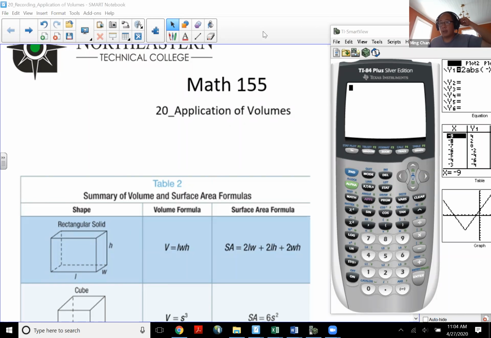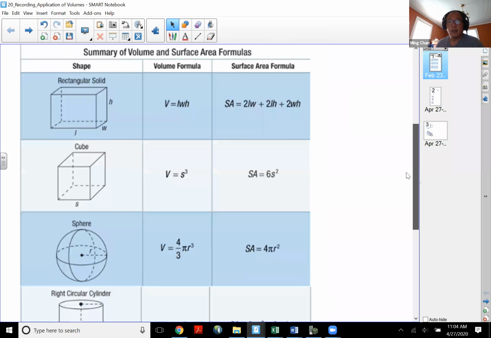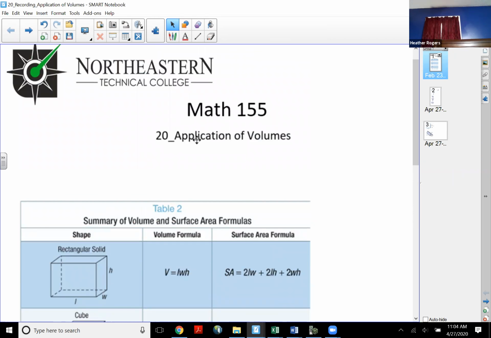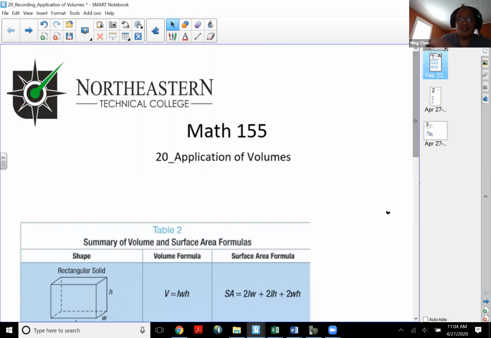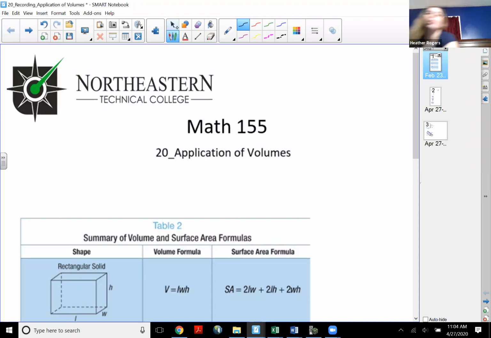All right, let's take a look at topic number 20, application of volumes. So you've probably seen this back in Math 106. So here we're just going to look at them again and look at a couple of different examples as well. Now we will talk more about this particular application of volumes in Math 168. Okay, so here we're just going to try to lay some foundations